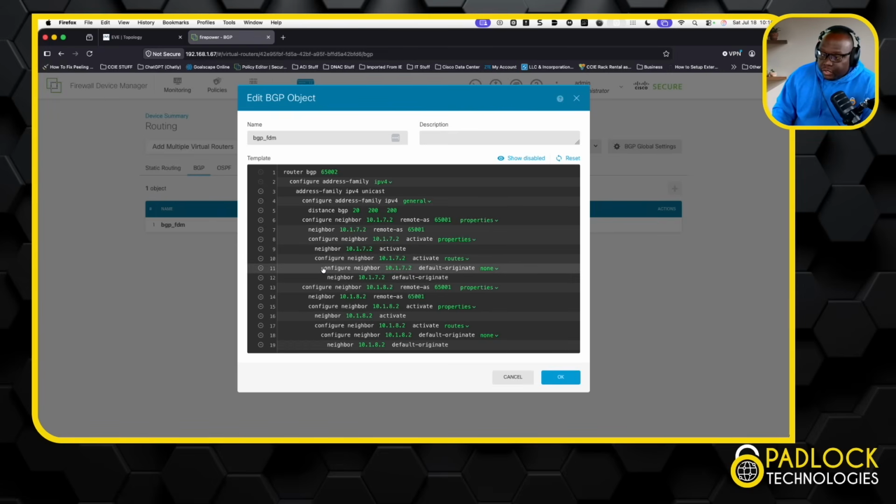So I've already configured this. This would be the normal statement you would configure under BGP, but in FDM you have to say no, I'm configuring this, and then it puts that command underneath it. So again, if you're not comfortable with BGP, FDM is probably not the way you want to configure it. But if you're not comfortable with BGP, you probably should be configuring BGP on a secure firewall to